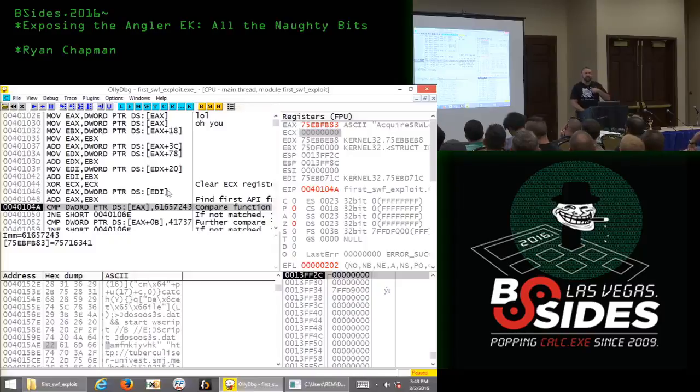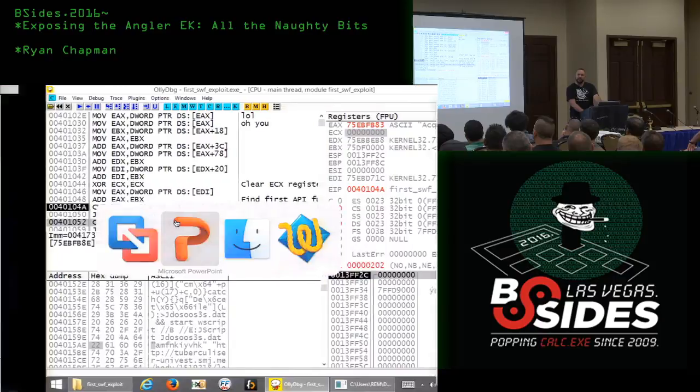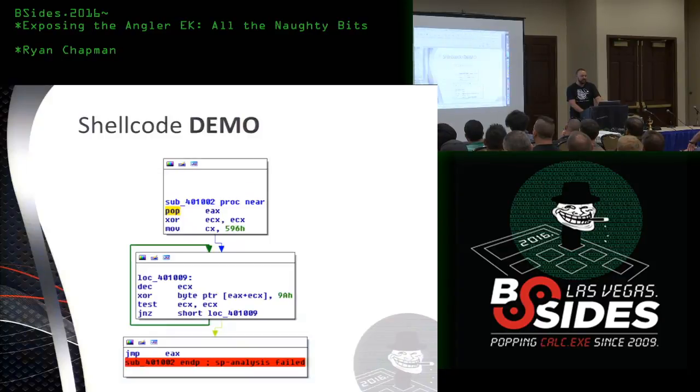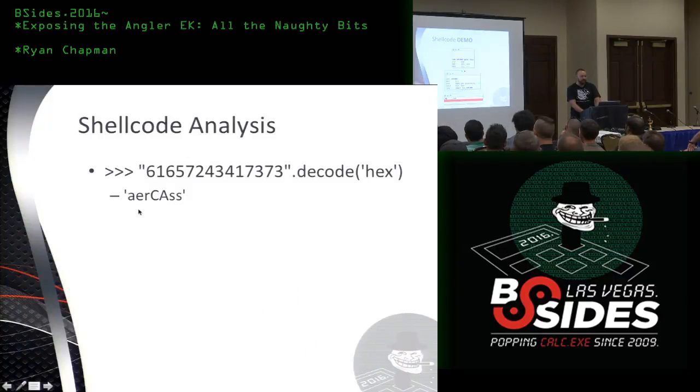It's going to take the string that it has right now and compare it to this value here. And then if it finds that part, it's going to compare it to the next value here. So this is basically what it's looking for. We have the values of what it's looking for. So when we decode that, like say we just pop that into Python, it comes out as